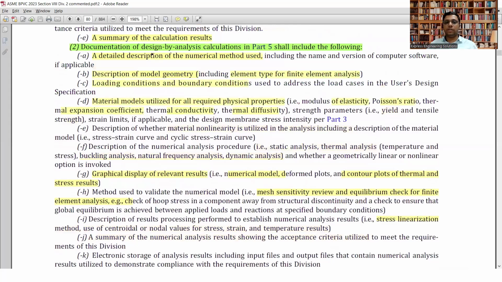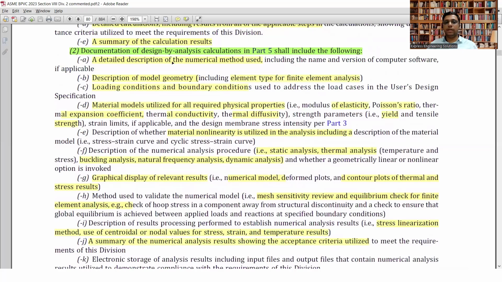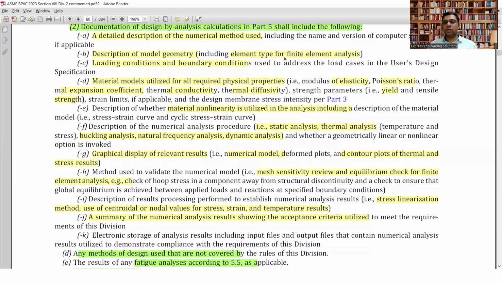The documentation design by analysis part. Under that, what are the things? A detailed description of the numerical method, then description of the model geometry, then what are the different elements during FEA has been used, whether those are the 2D, 3D elements has been used, then loading conditions and boundary conditions,